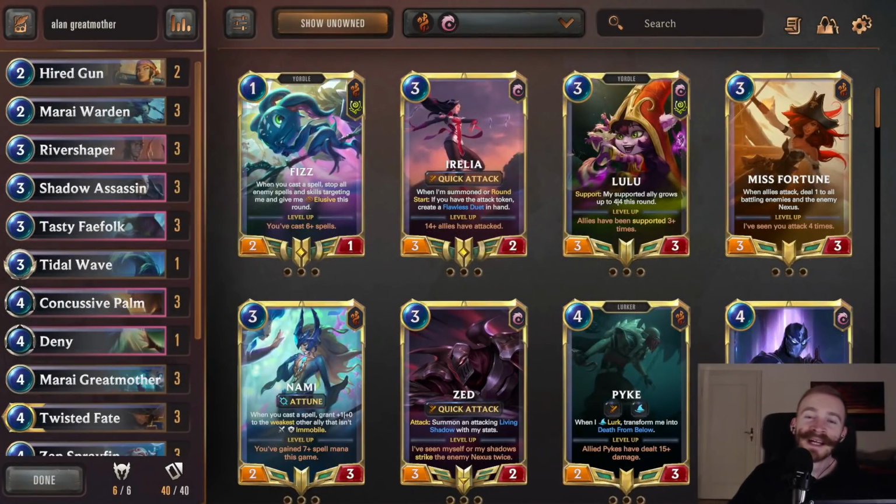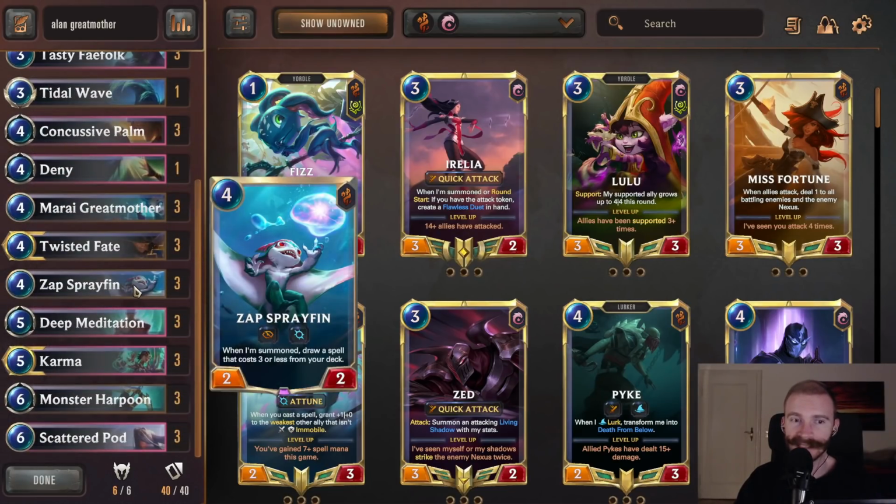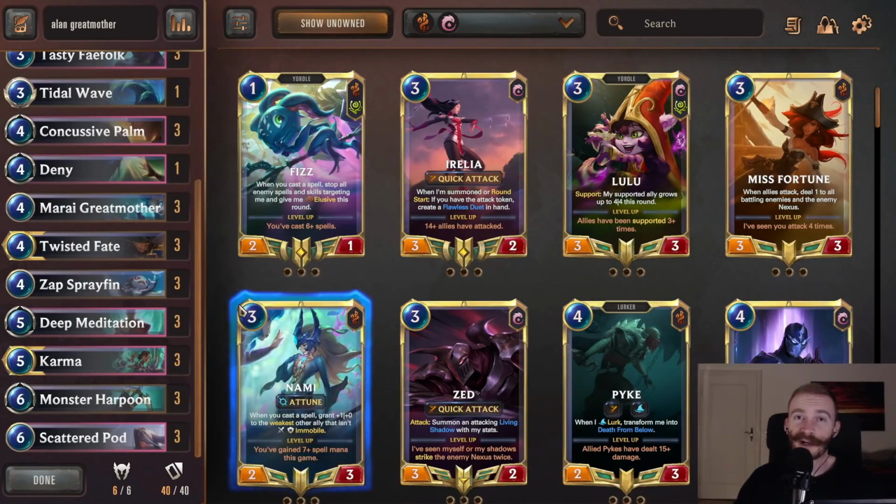What's up YouTube? Today's deck is a very unique combo deck that is centered around generating a bunch of 3-cost spells that are completely OP and then tutoring them, like drawing them specifically through cards like Zap, Sprayfin or Scattered Pot. Before I start, let me tell you right away that the idea comes from the current LOR world champion